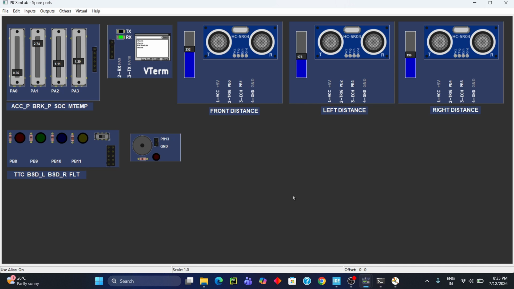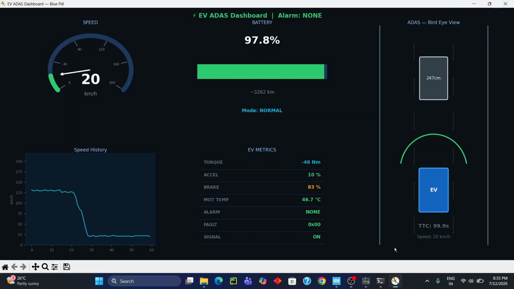By connecting embedded C hardware control with a Python user interface, we have successfully simulated a complete real-time EV and ADAS